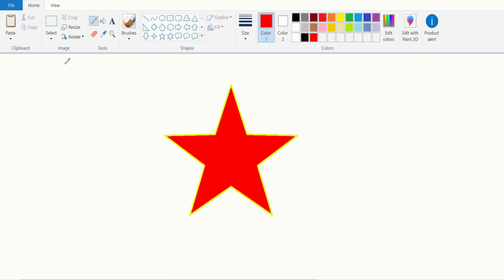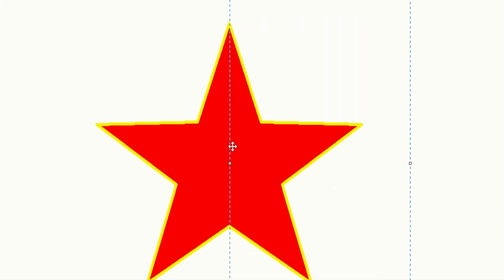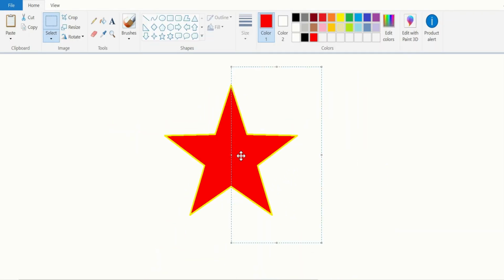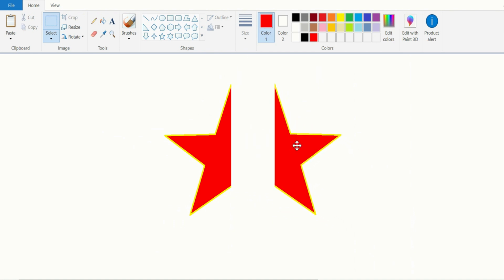Now let's see what will happen if we select rectangular selection tool. Click on the rectangular selection tool. Press and hold down the left mouse button on the part where you want to select. On releasing the mouse, a dotted line appears. We can also drag the selected part and drag it to move wherever we want.